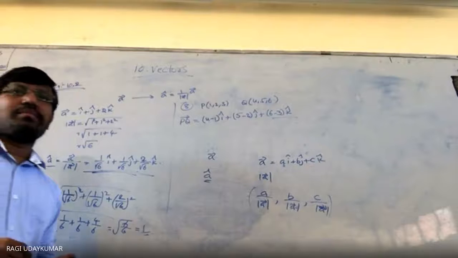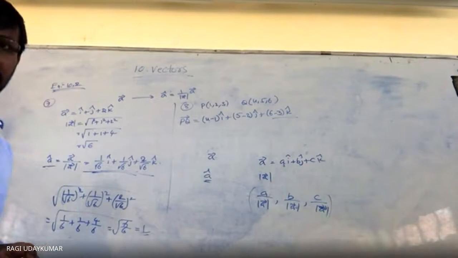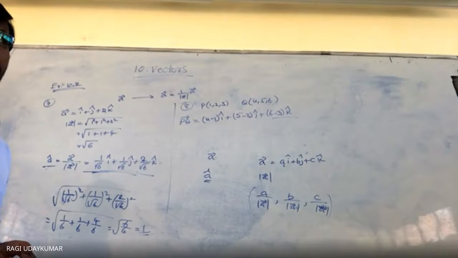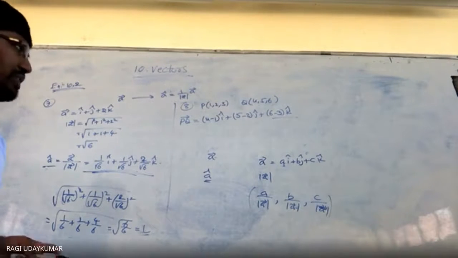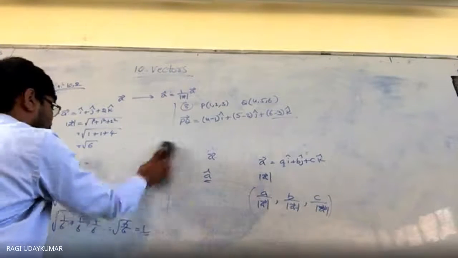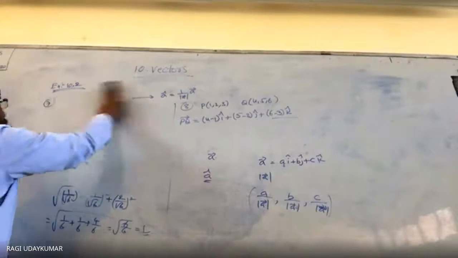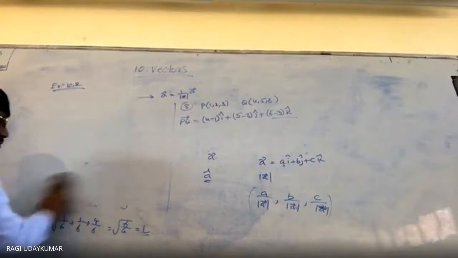So it is also simple. Problems are all not different here. Easy problems, you can do it. Even the 13th problem also you can do it. It is only asking you to find the direction cosines. The 14th one is a very different question. So show that, here it is asking you, the 14th question.